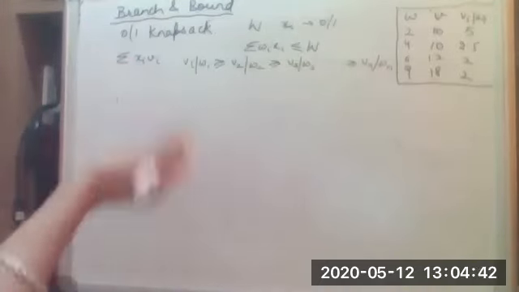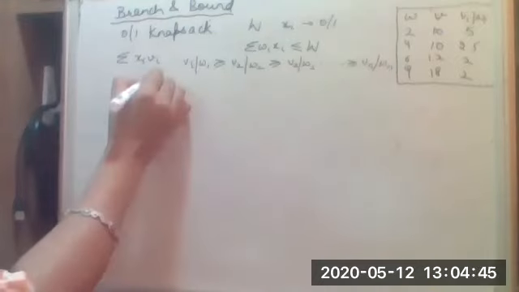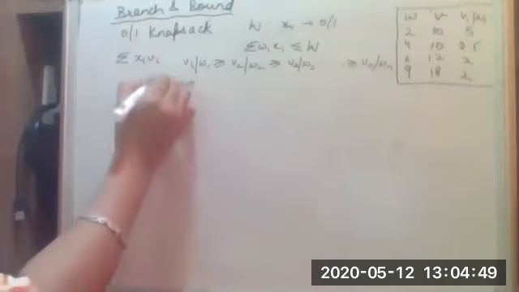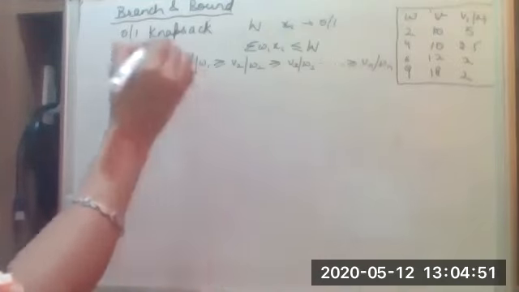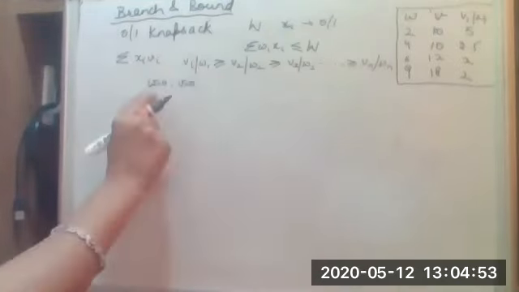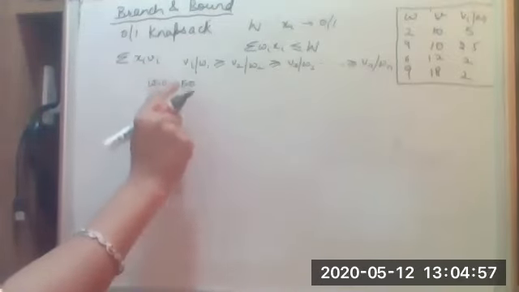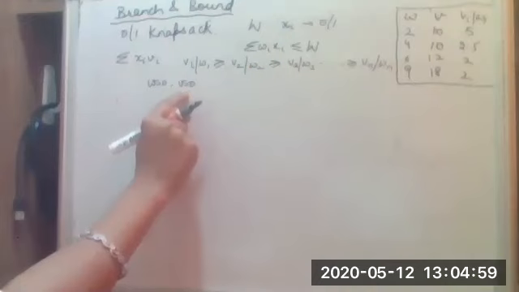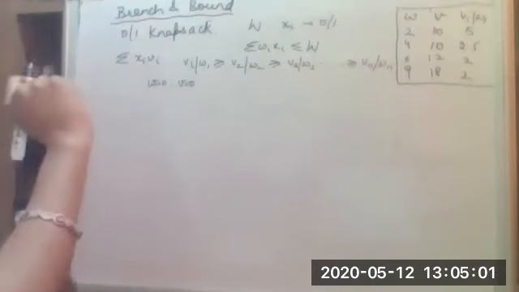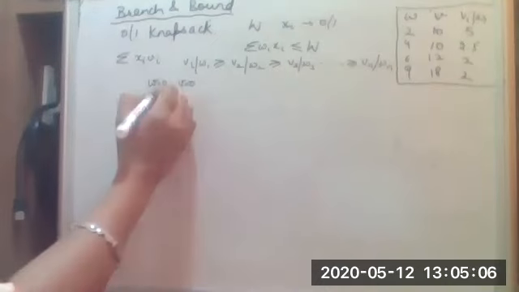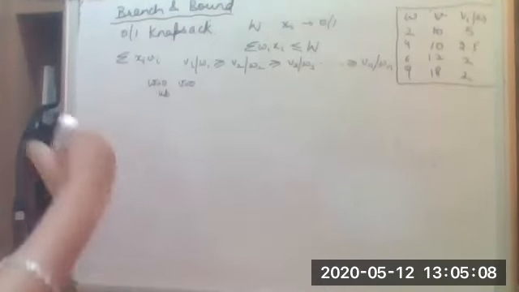Yes. So what we want to do is, to start with, we are saying we have not selected any element. So our small w and this V indicate what is the current weight value in the knapsack and what is the profit value that goes into the knapsack. So initially both are 0. We have not taken any of the elements, and the upper bound that is given to us.